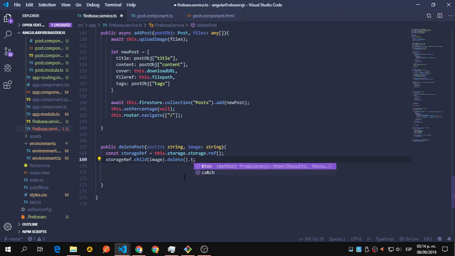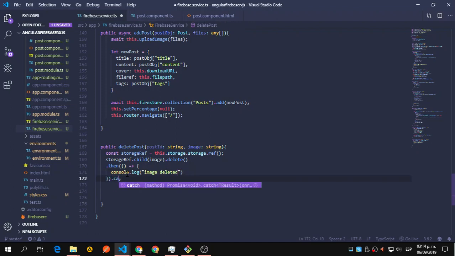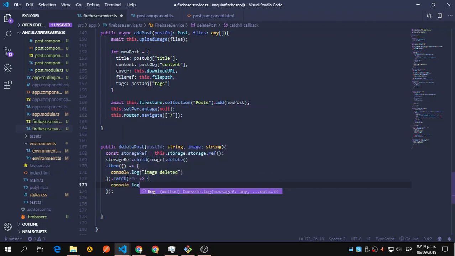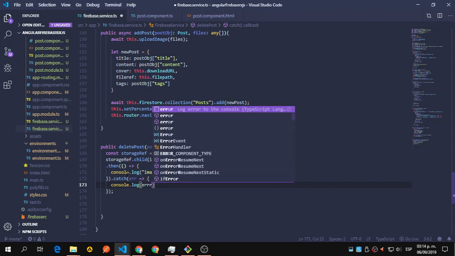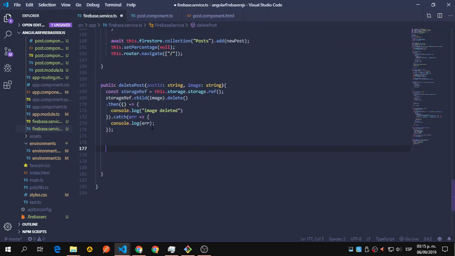So let's say then inside this. You can use async here to use await, but let's just do it like this. Console.log image deleted, and the catch error console.log error. So this is going to delete the image we pass, but after this we need to say this